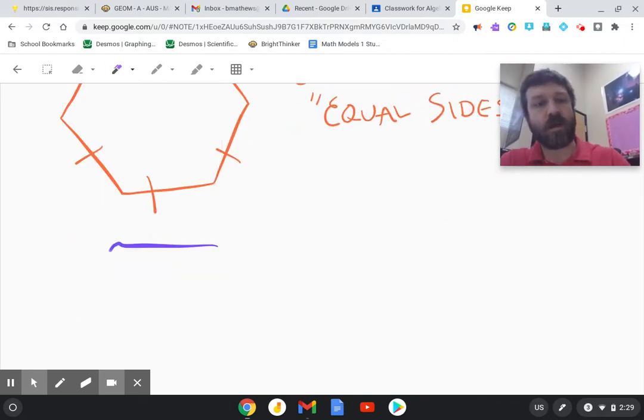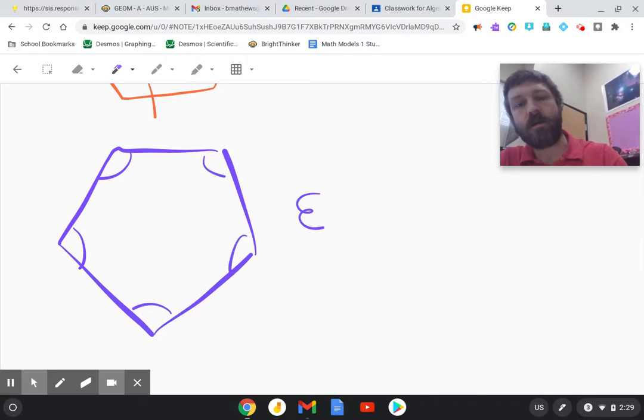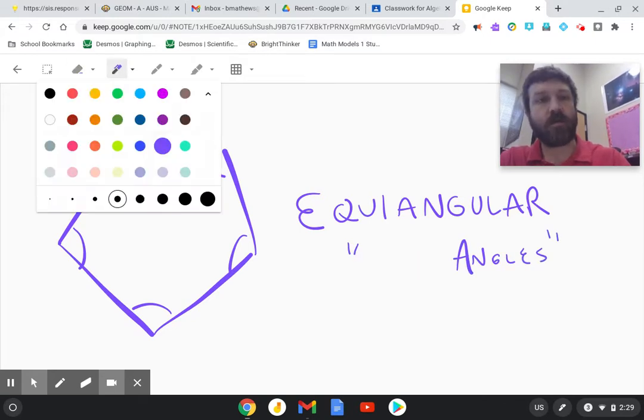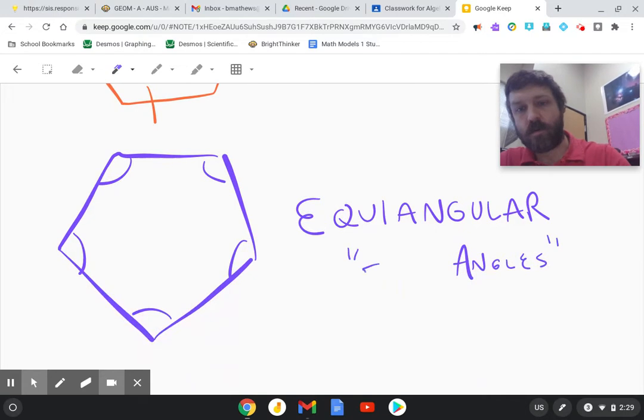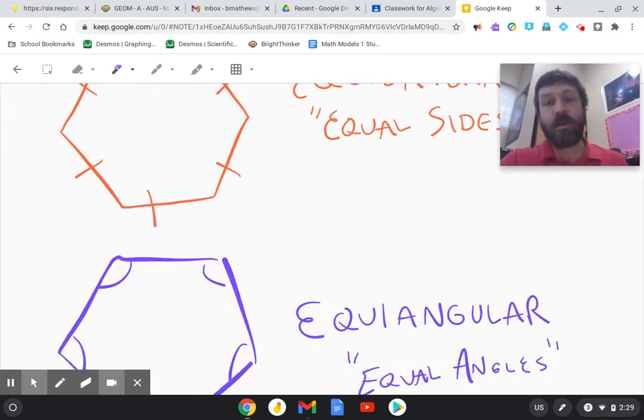Whereas on the other hand, if we have some where all of the angles are the same, we call that equiangular. Same angles. So maybe say equal angles. So those are not necessarily always together. You can have a polygon that's equilateral or equiangular, but when you do put them together,